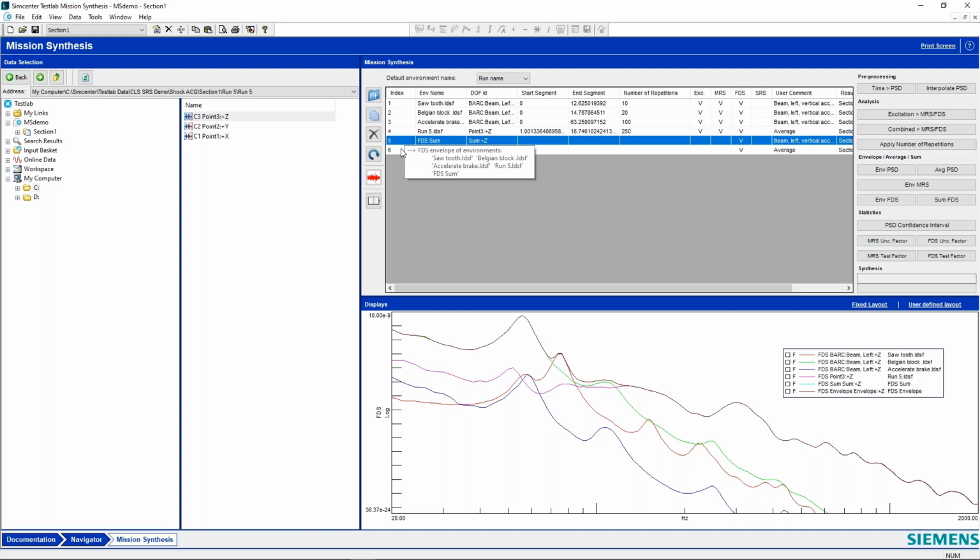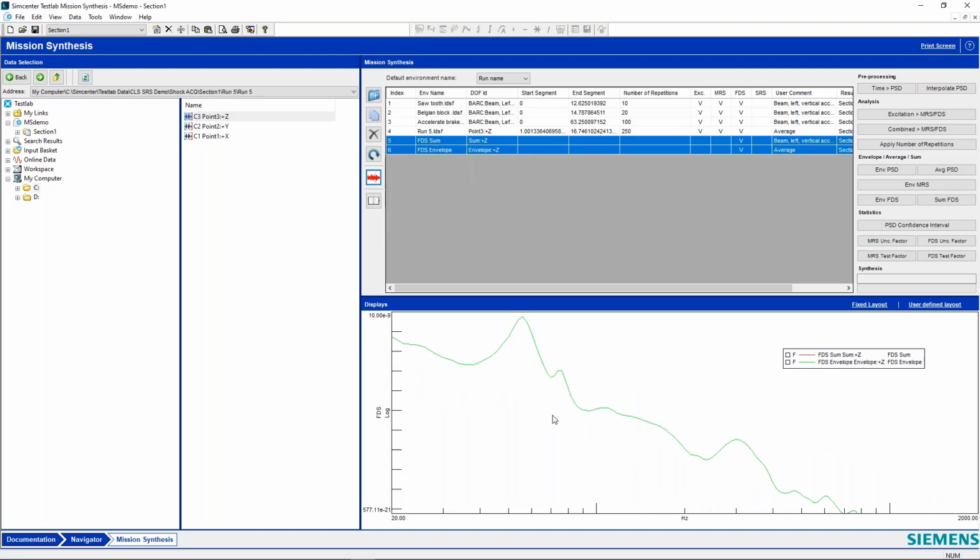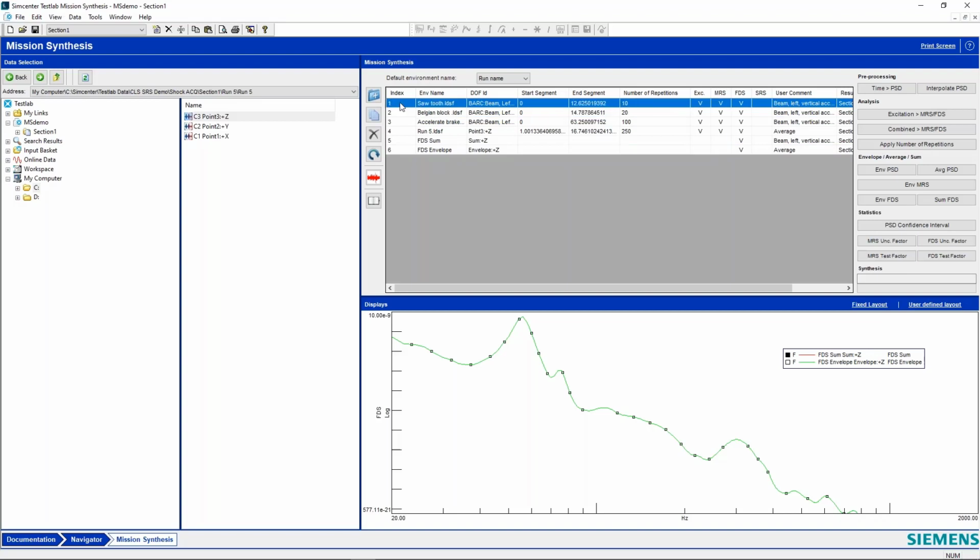Let's just take a look at both of these, and we can see, if we zoom in, they're really pretty on top of each other here. But just for an example, let's make a copy. Let's say this sawtooth here.